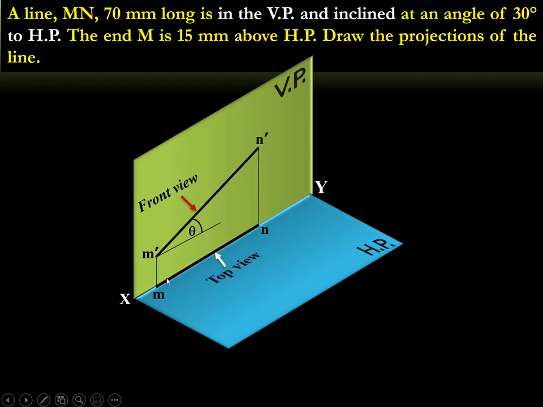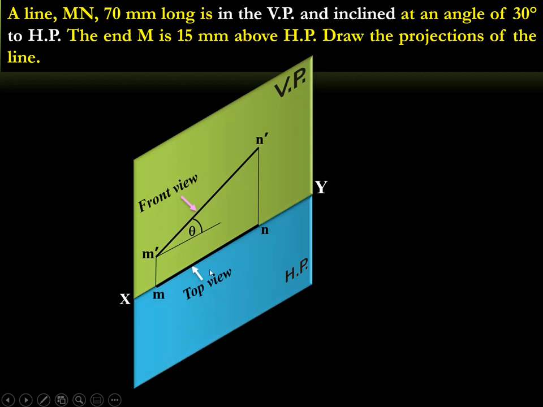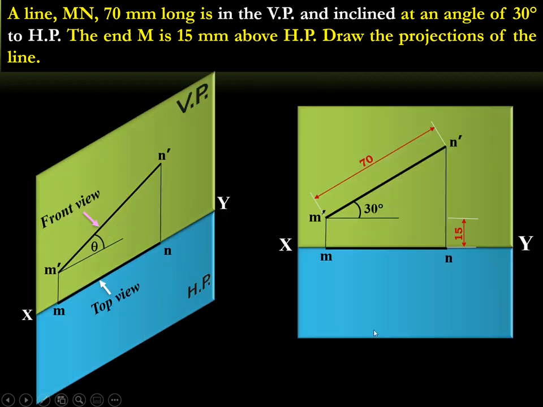After obtaining the top view on the horizontal plane, we need to rotate the horizontal plane along with the top view line by 90 degree clockwise. Since the line is already located on the XY line, its orientation will not change but it will remain unaltered. Now this will become the final solution and the same thing is to be drawn on a 2D plane or on a 2D paper like this along with the dimension lines.